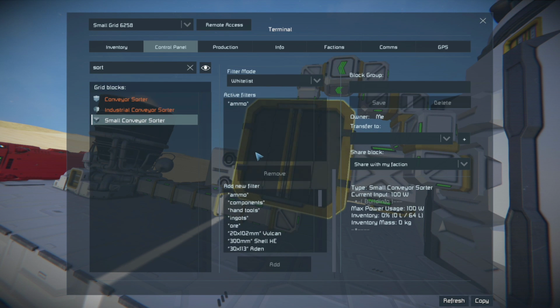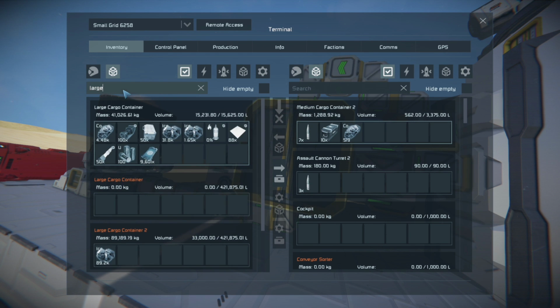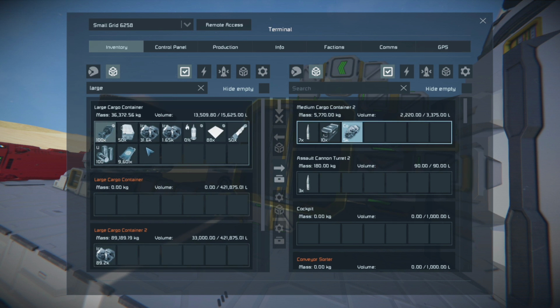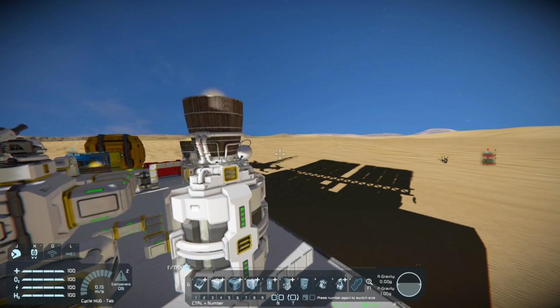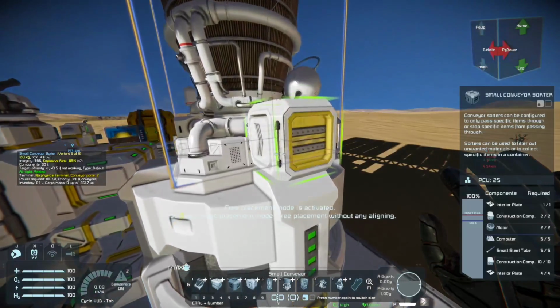If I go in to our sorter and say, as well as ammo, we want ores. We can see the cobalt coming over, and it'll take all of that. We'll help it out a little bit, and then it takes the ice. So it'll keep going until this container fills up, and then it'll stop. But it will keep putting stuff into here as long as the container has space. One thing you can do to make this work with sorters